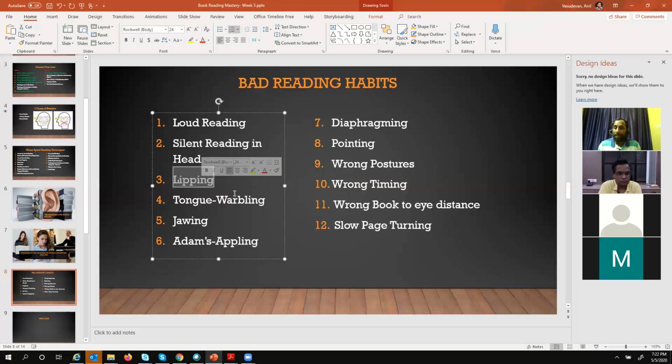Then tongue warbling is another thing. You are very silent physically when you look at it, but your tongue is actually trying to pronounce the words. How you can test that is, you can put your hand just below the chin. You can feel your tongue movement. When you try to move your tongue, you can see that the jaw is coming down a little bit, or inside you can feel some pressure.